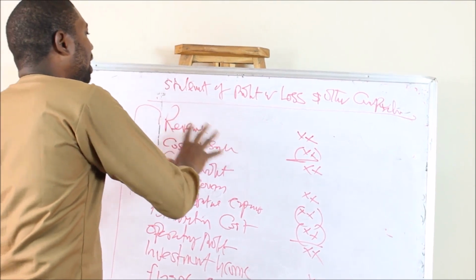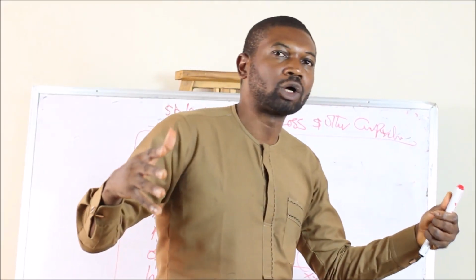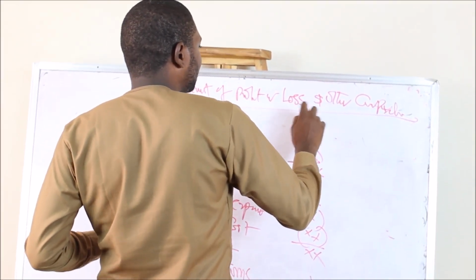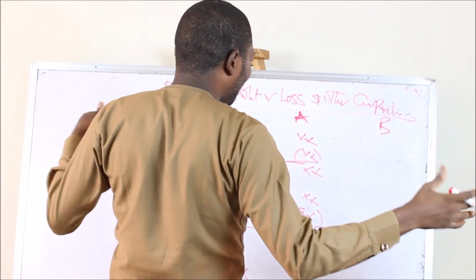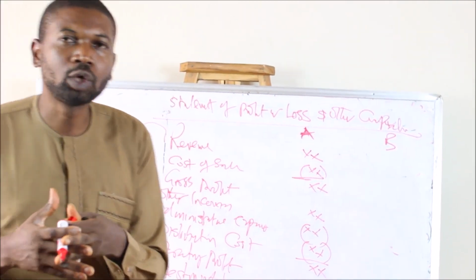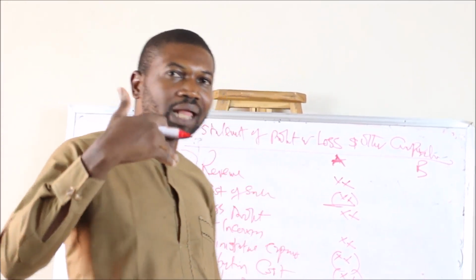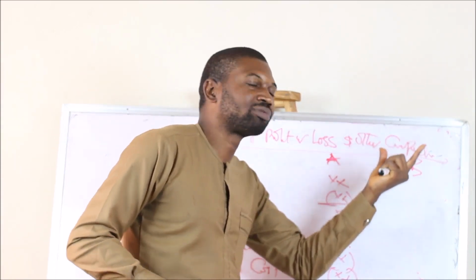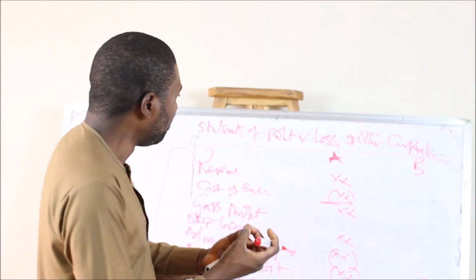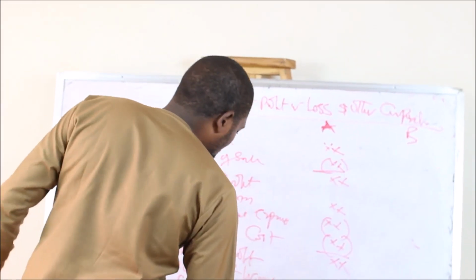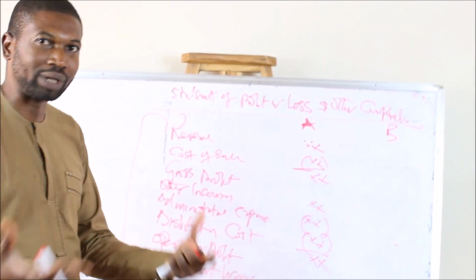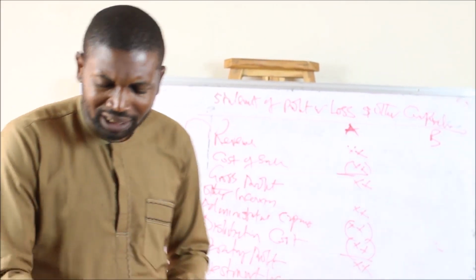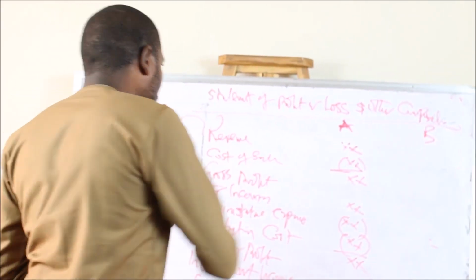Now when we talk about the consolidated statement of profit or loss and other comprehensive income, we mean bringing together the items. Let's assume this is a parent company A, B, the same thing, in one single account. That is what we call the consolidated statement of profit or loss and other comprehensive income. You are bringing the items of the parent company and the subsidiaries into one single account, from revenue up to profit for the year. You are bringing those items together to consolidate, which is what they call the consolidated statement of profit or loss. That is what we call statement of profit or loss.